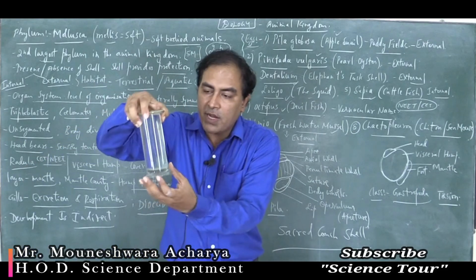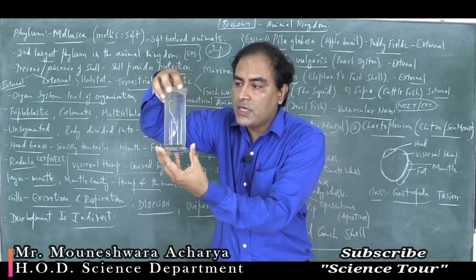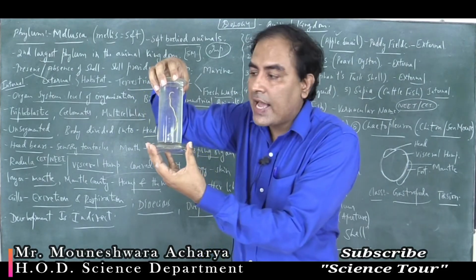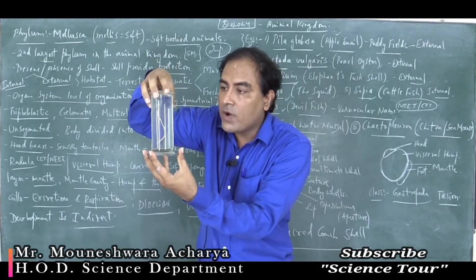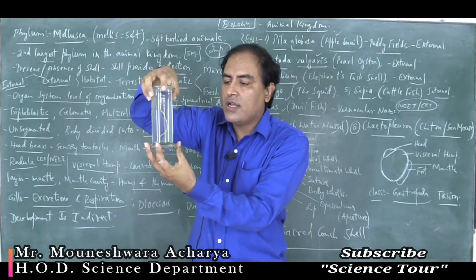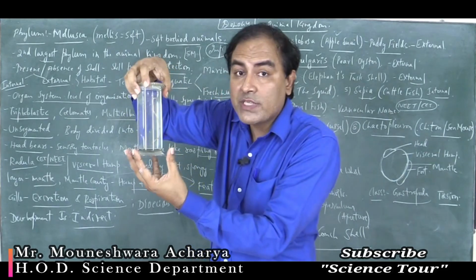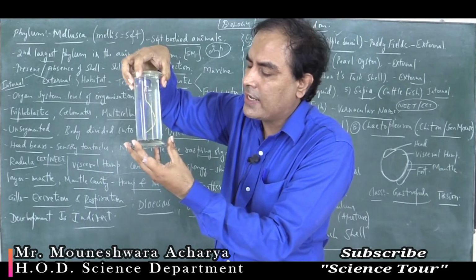Then comes another specimen. This belongs to phylum Aschelminthes, or roundworms, Nemathelminthes. This is the Ascaris. Ascaris lumbricoides is the scientific name. It causes a disease called ascariasis, especially in children. Okay, and the symptoms include abdominal pain, vomiting, bloody stool, etc.